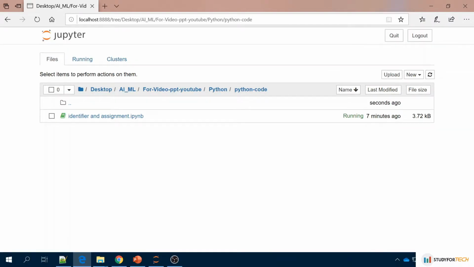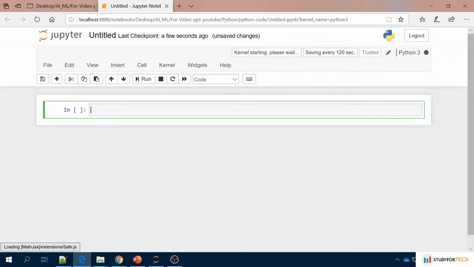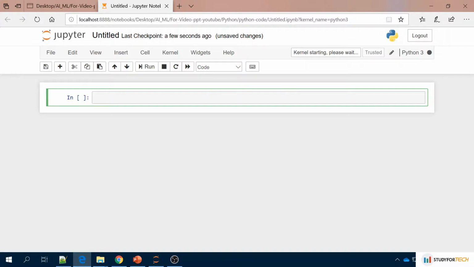You can see here, this is the Jupyter Notebook. I have already opened it, and if you click on the right-side corner, you can see New, Python 3. If you open this notebook, you can see it is untitled.